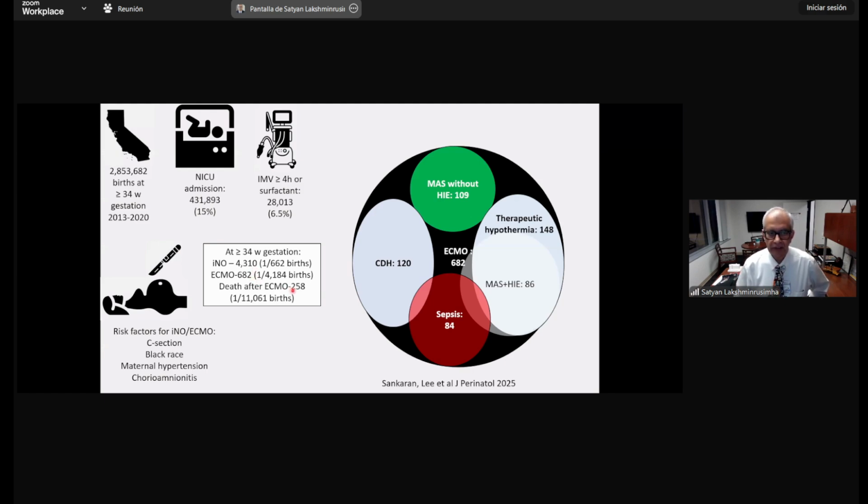died after ECMO. So we went back and looked at these 682 babies that required ECMO over a period of 8 years in California, and we were expecting to see that the number one indication for putting a baby on respiratory ECMO was congenital diaphragmatic hernia, which is what we had expected. To our surprise, what we found was that even more common than CDH was the combination of various factors, such as meconium aspiration syndrome, hypoxic ischemic encephalopathy, sepsis, etc. On the whole, these babies getting therapeutic hypothermia for HIE